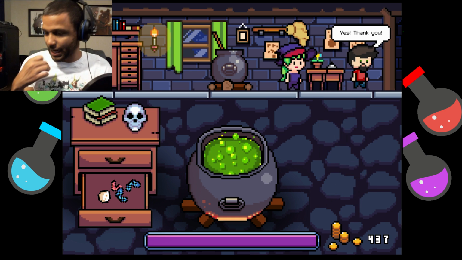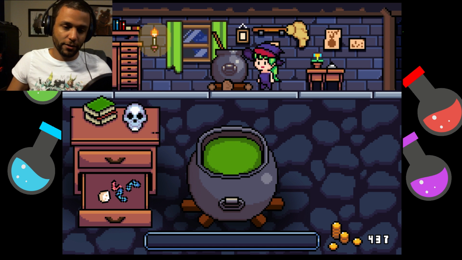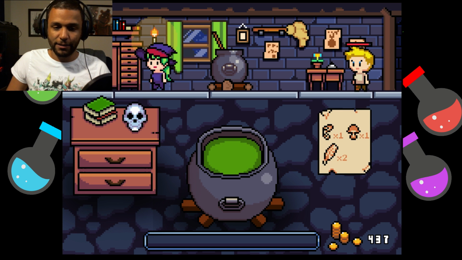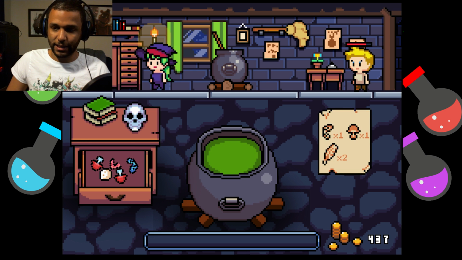And a lot of times these kind of games will be like, your first potion, 4 mushrooms, 3 butterfly wings, something like that. Like it kind of just eases you into the game, not immediately throw you in expecting you to know everything. And I think I just put in